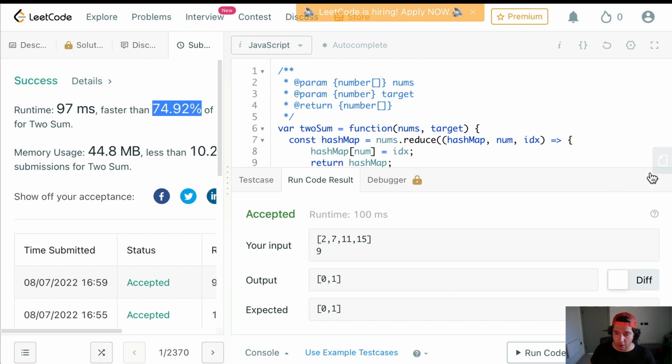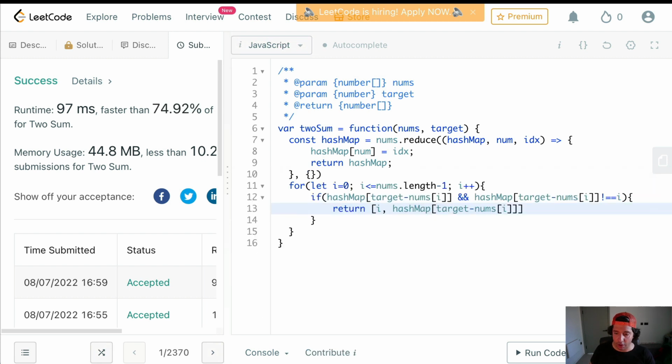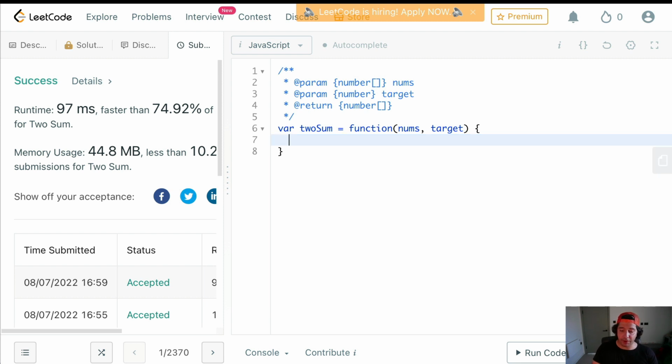Alright, so last but not least, I'm going to work on a one-pass solution, but without populating any map initially. Let's get rid of that. For that solution, I'm going to use the Map constructor from JavaScript, and I'm going to create again a hash map with a Map constructor. The only thing that I'm going to do, if you remember from my explanation at the beginning, is look through the array once,